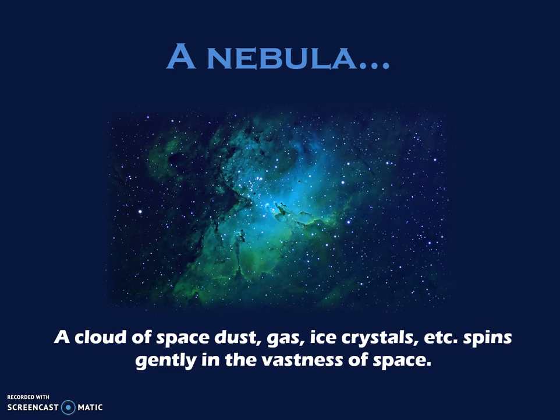The life cycle of a star starts with a nebula, which is Latin for a formless blob of space dust, gas, schmutz, ice crystals, neutral hydrogen, etc., spinning gently in the vastness of space. In the unit on rotation we just finished, we talked about conservation of angular momentum, the fact that anything that starts spinning will keep spinning in the same direction and the same orientation until an outside torque interferes.